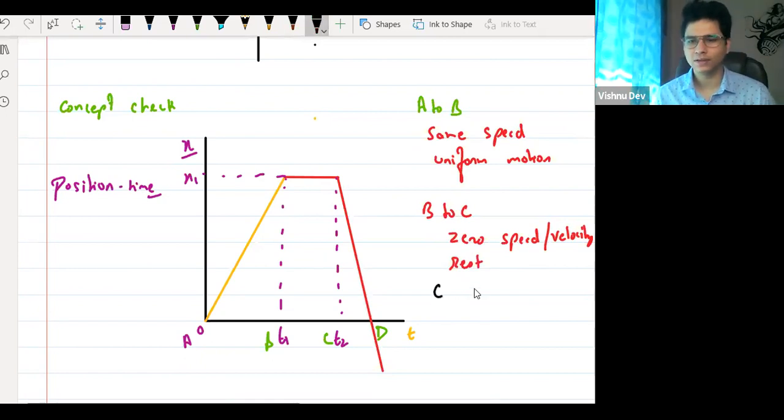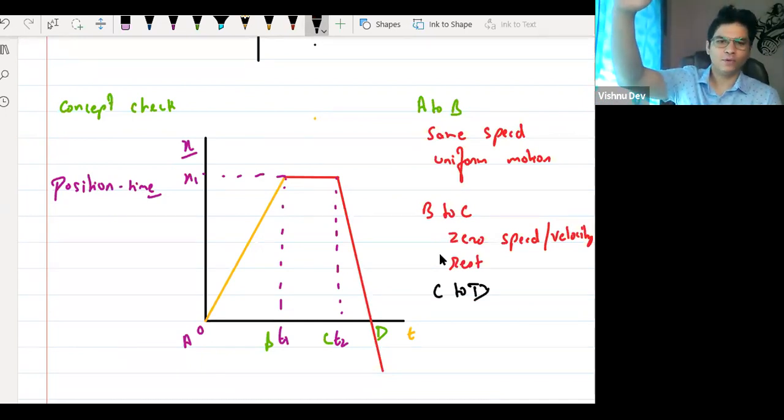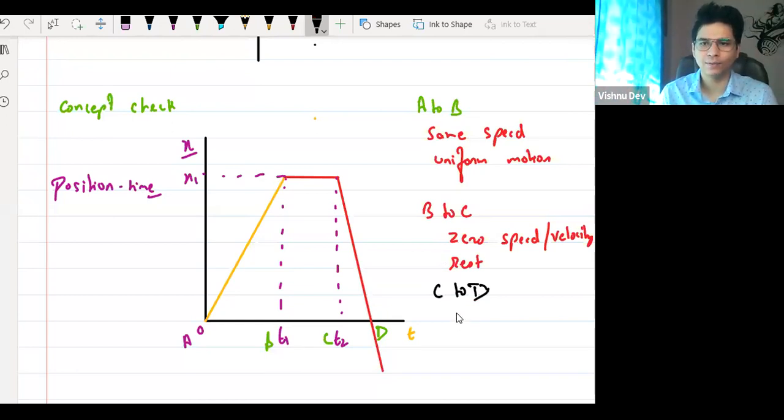C to D. C to D में क्या हो गया? Tell me, position क्या हो रहा है? Sir, position is decreasing, right? Position is changing. It has become negative. Yes or no? पहले position change हुआ, फिर position वापस आने लग गया. So it is negative slope. So I can say, sir, it is negative slope,